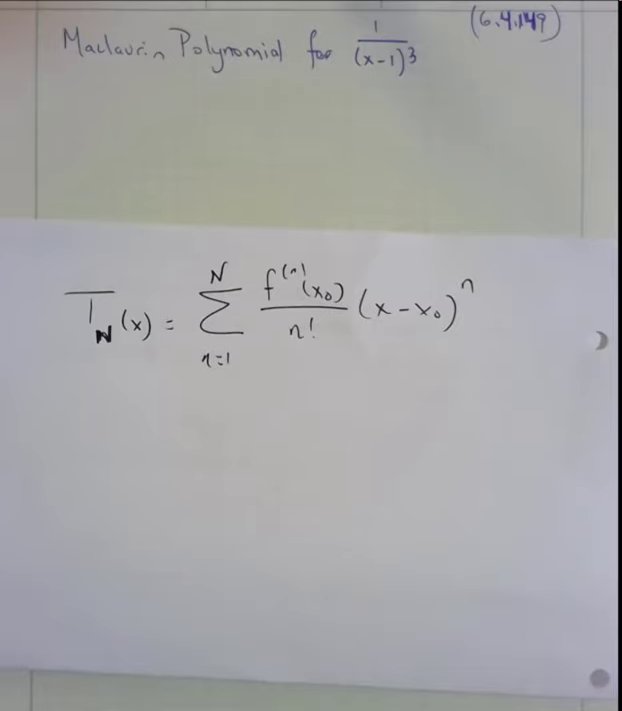Here comes a demonstration of a Maclaurin polynomial for the function 1 over (x minus 1) cubed. I'm not going to specify whether it's going to be 3 terms, 4 terms, 5 terms. We'll just develop the general representation, and then you can pick however many terms that you want. You may be wondering why I have the formula for a Taylor polynomial on the screen where I'm asking for